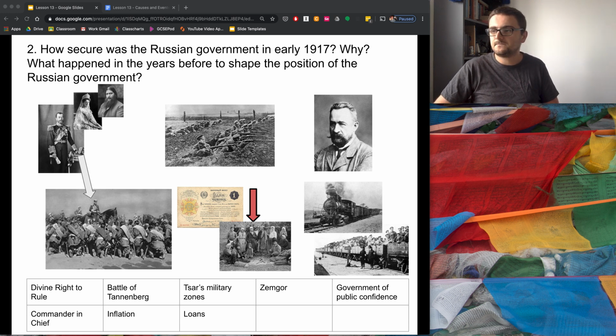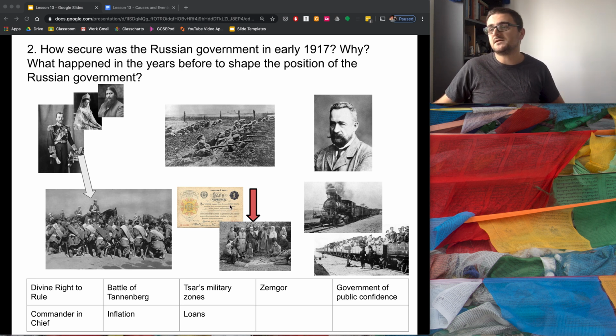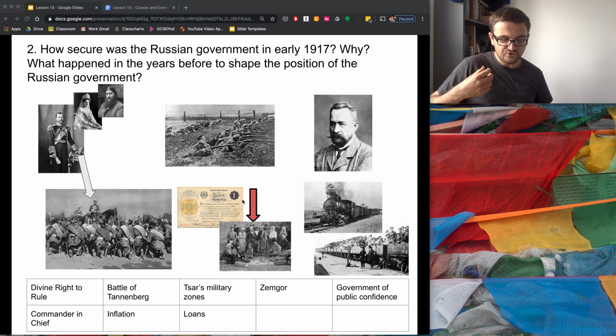Now, this lack of legitimacy, again, is kind of doubled down even further by the weaknesses in the Russian economy. Now, during the war, the Russians had an extraordinarily weak economy. Huge amounts of taxation increases were charged on the people in order to pay for the war. Huge loans were taken out by the government, putting the whole country in incredible debt to pay for the war.